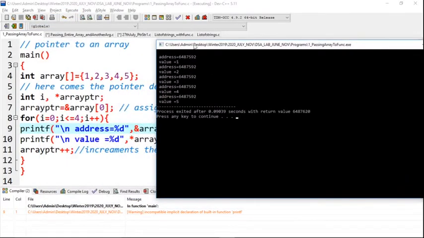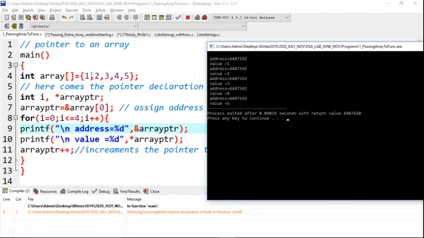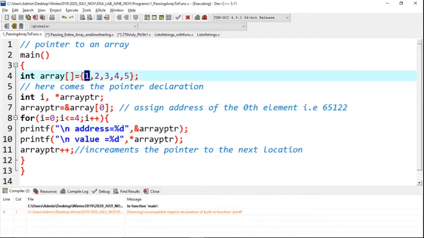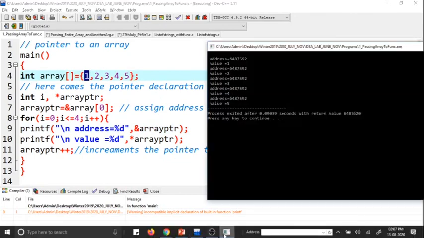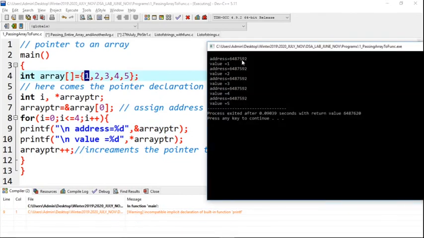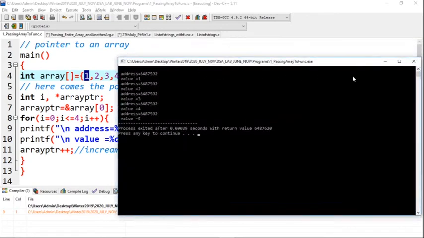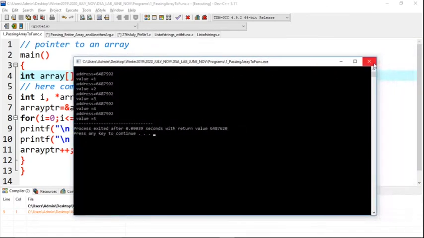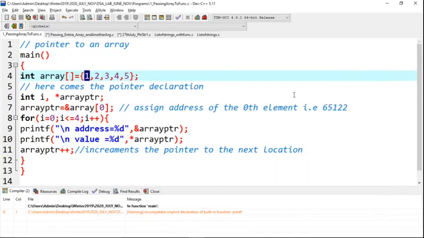The address and the values have been printed. For the first case, for 1, the address is 6487592, and similarly for 2, 3, and 5 each has its own address. All 5 elements have been displayed, and their corresponding addresses also. This is just a simple program to show you that using a pointer you can actually access an array.